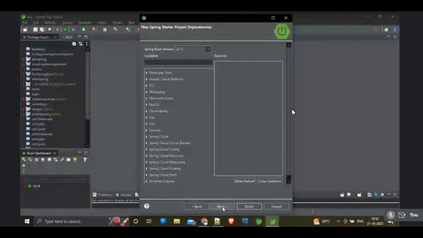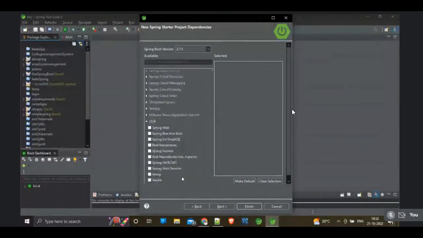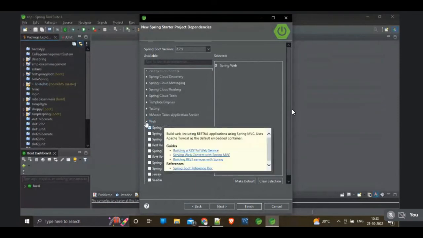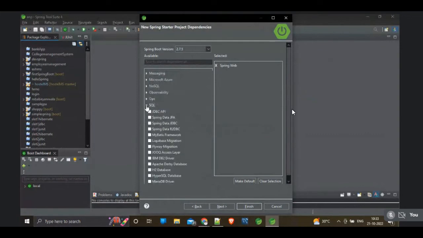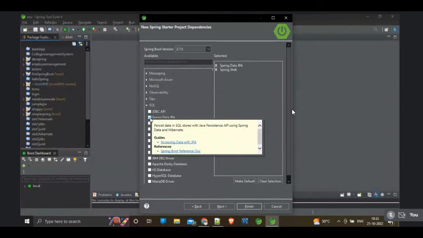Here in the web section you can select one application. Let's select Spring Web. We need a Spring Web application, and again we have to go through the SQL. Here in the SQL, we need Spring Data JPA to work with the Hibernate environment, and also